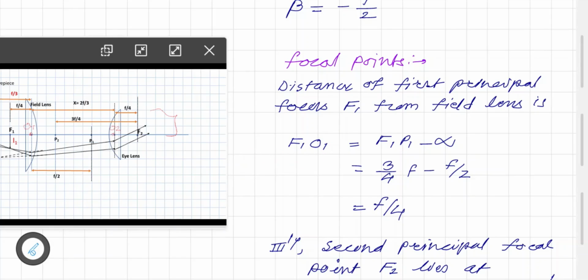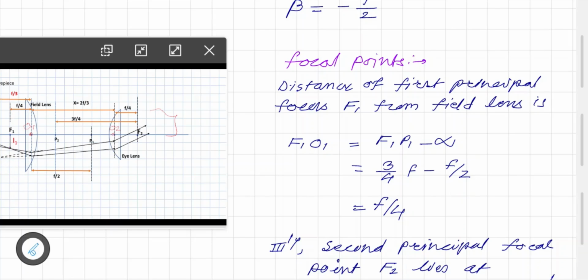Here it is, f1 and O1. Now we see the distance f1 to P1, but we already know that from P1 to the optical center O1, that distance is alpha. So f1O1 is equal to f1P1 minus alpha, and f1P1 is equal to 3/4 f, minus alpha, that is f by 2, and that is equal to f by 4. So at this distance, f by 4, the focal point is there,